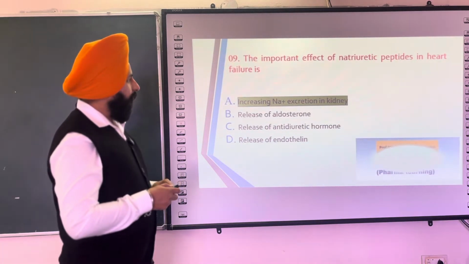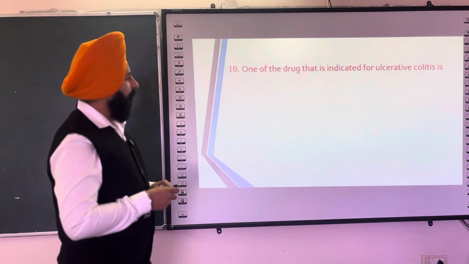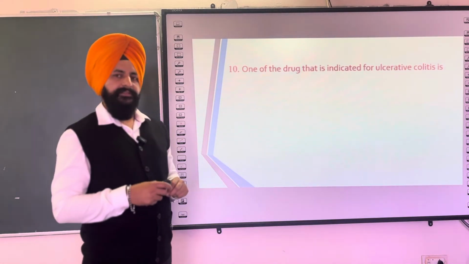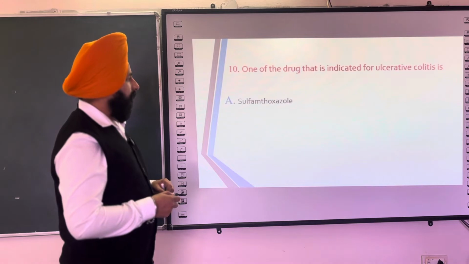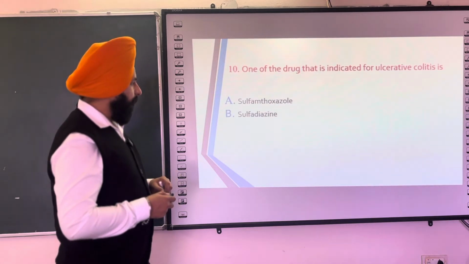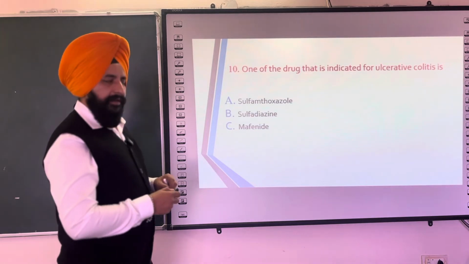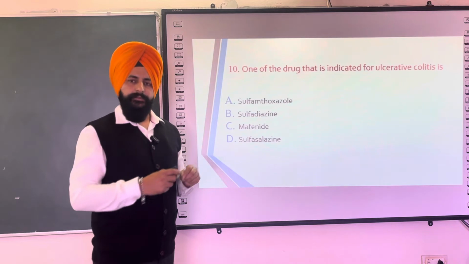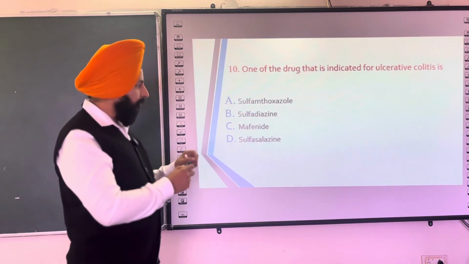The next question for this GPAT series is: one of the following drugs that is indicated for ulcerative colitis is. The options are sulfamethoxazole, sulfadiazine, mafenide, and sulfasalazine. You can choose the correct answer for this question. The correct answer is